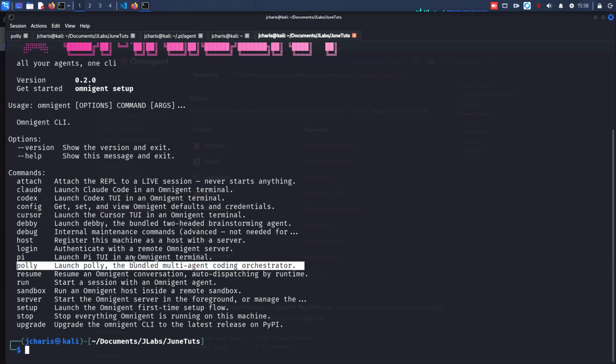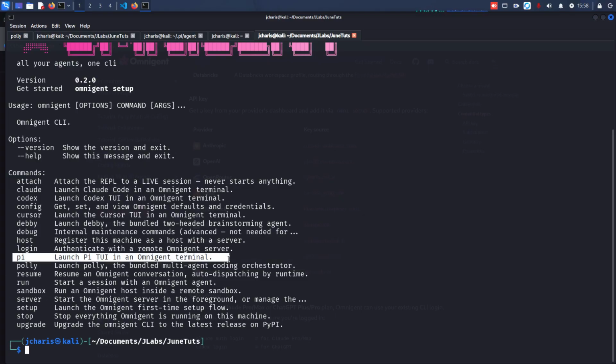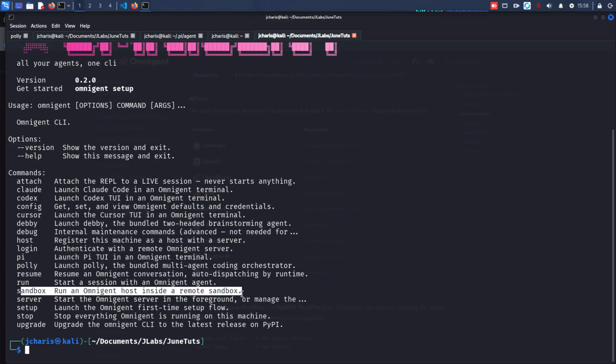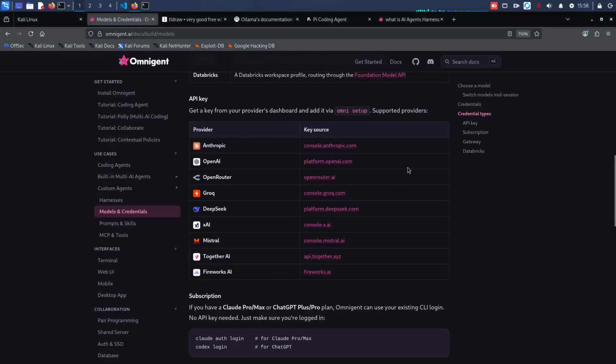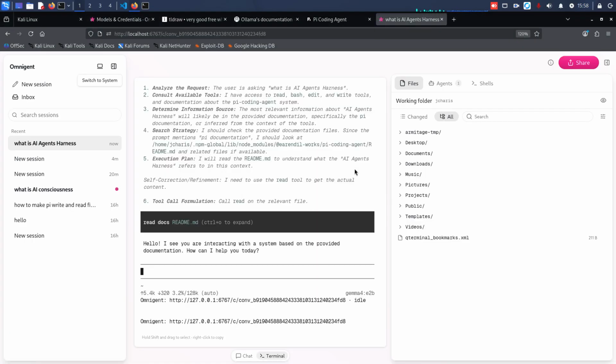For multi-agent orchestration, there is Pi, which I have. You can also run an Omnigent host inside a remote sandbox. You can start the server. This is what is running here, this is the server. And you can select finish. If I go back here,